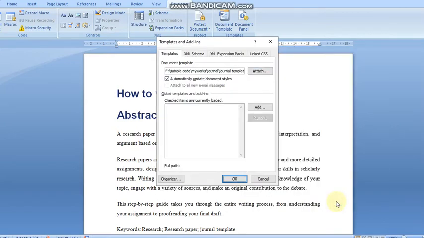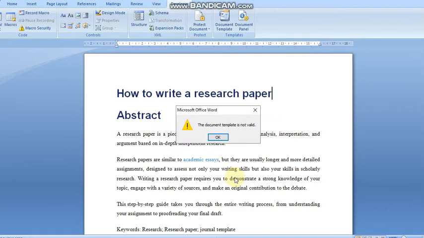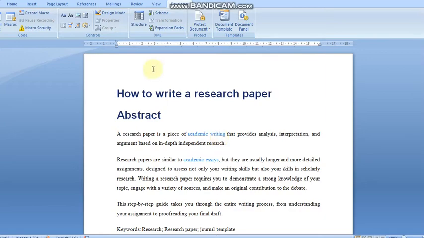Once you click open, it will attach to this document template and automatically update document styles. Always check this automatically update document styles and then click OK. In this case it is showing that the document template is not valid. So okay, we can move to our step.